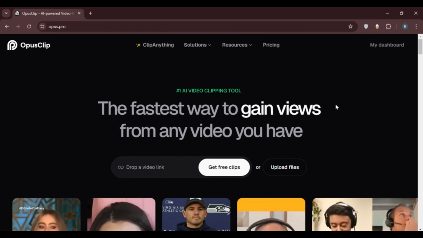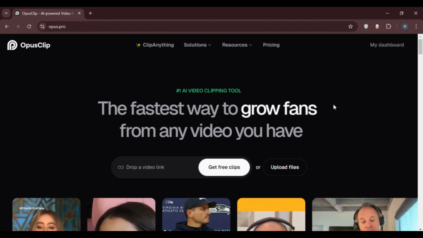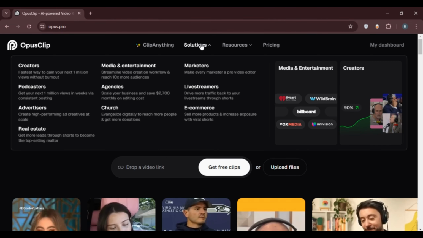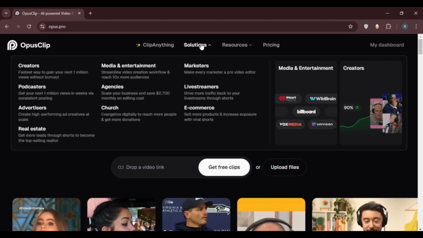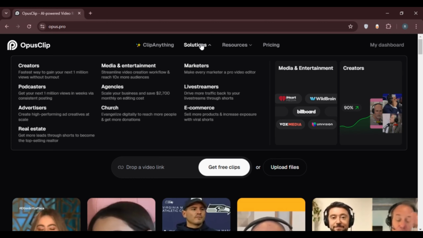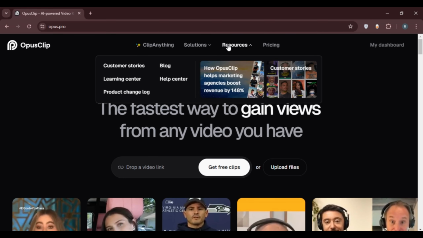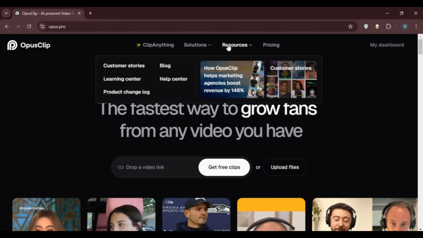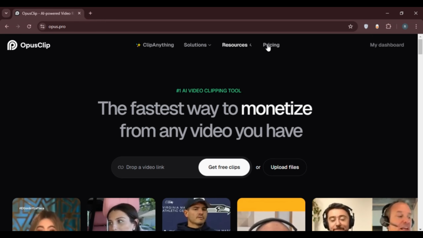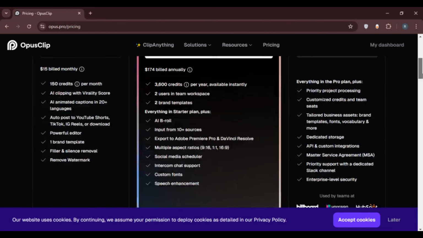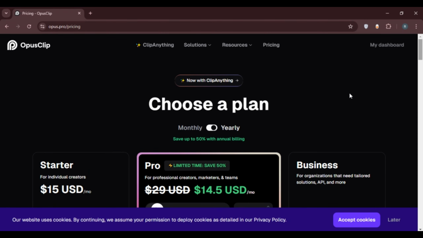In this interface, you'll be able to find several options. You'll be able to find the option for clip anything, solutions, resources, pricing. In solutions, you'll be able to find several informations over here. You'll be able to find the information regarding creators, podcasters, advertisers, real estate, etc. In resources section, you'll be able to access the blog, help center, customer stories, learning center, etc. If you click on the pricing center, over here you'll be able to see the pricing. You'll be able to choose a plan from here. If you want to go to your dashboard, simply click on the option My Dashboard that you can see right